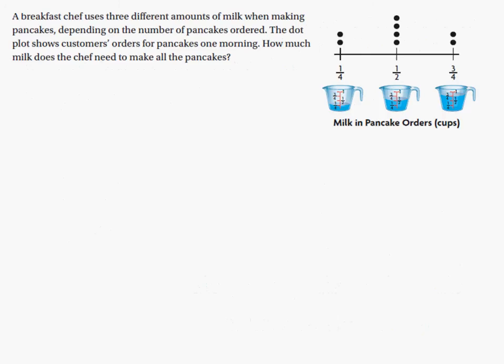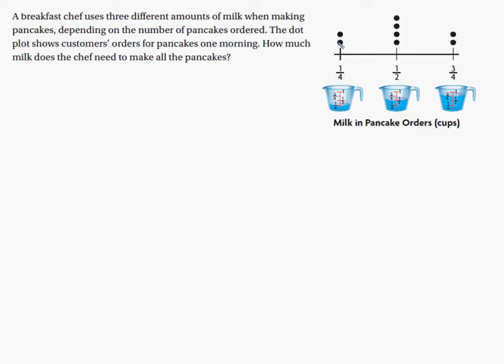Okay, now we're going to analyze a dot plot that already exists. A breakfast chef uses 3 different amounts of milk when making pancakes depending on the number of pancakes ordered. The dot plot shows a customer's orders for pancakes one morning. How much milk does he need to make all the pancakes? Well,